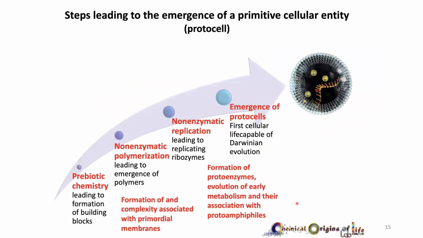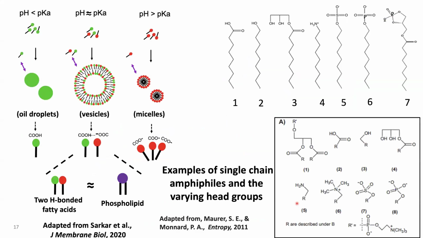And we have a whole bunch of steps that we think are crucial for the transition from your prebiotic soup of molecules to what we think are primordial cells. I'm not going to get into the details of it, but suffice to say that if you have a whole bunch of these molecules shown here from 1 to 7, these are all the primary entities that make up your cell membranes. Your cell membranes are a little more complex in the sense that they have one head and two tails. Two tails that hate water, one head that loves water.